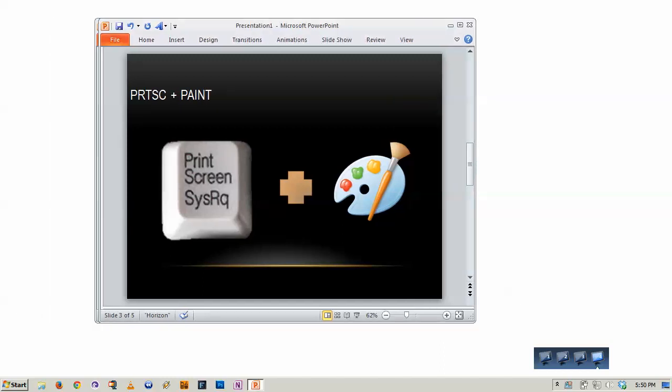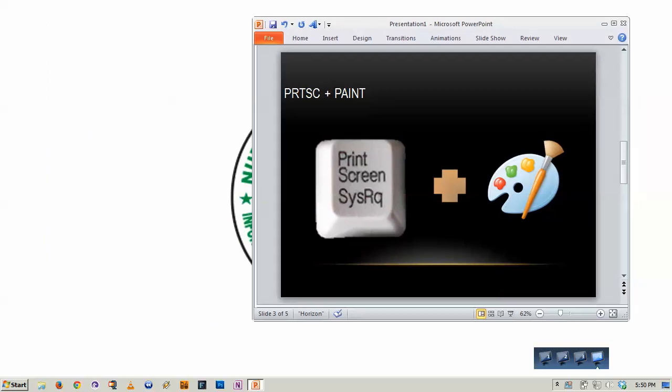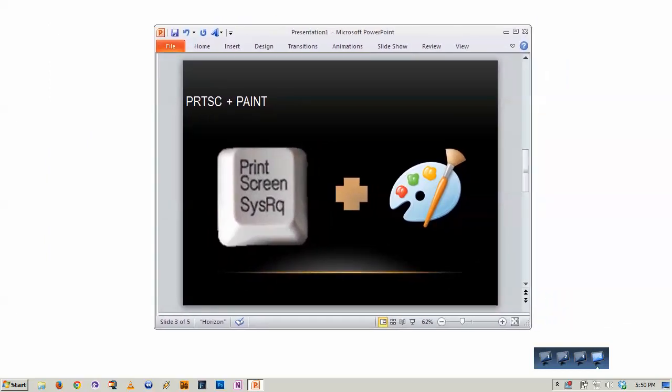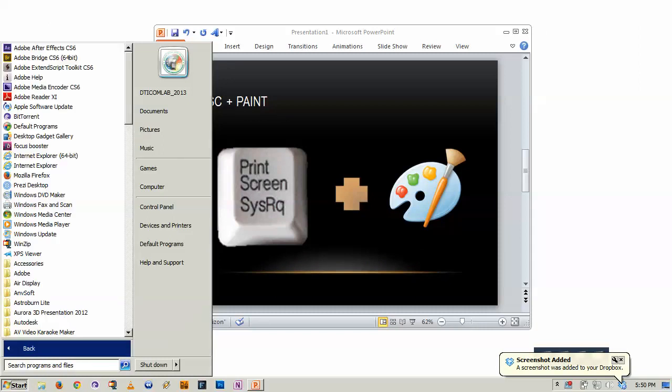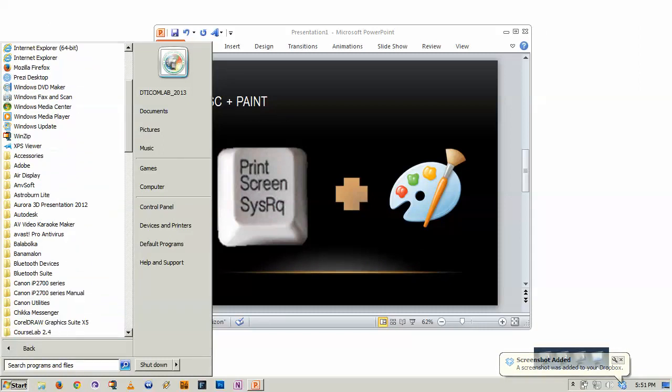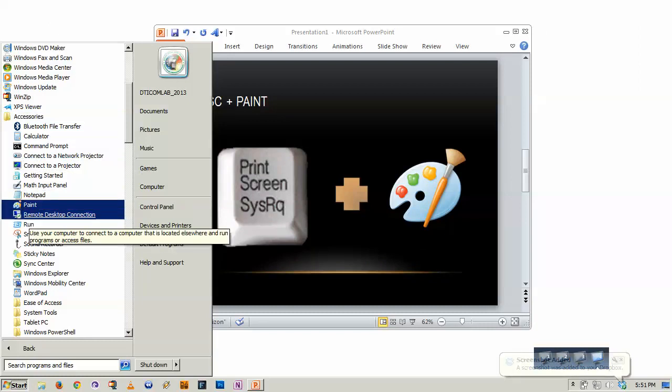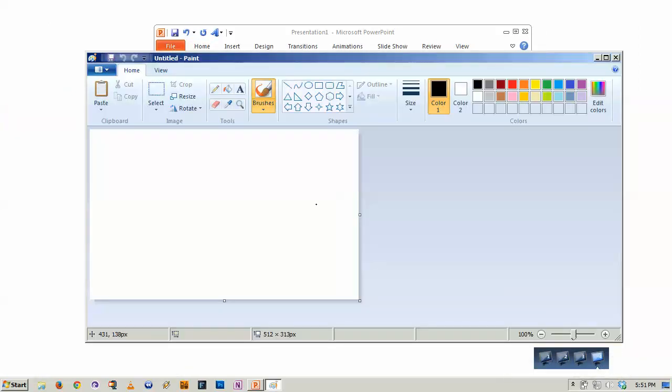So for example, this is our window. Let's have a print screen. So I'm just clicking it. I'll be opening the Paint from the accessories folder. Just open it, and the next thing you have to do is to paste what you have copied on the clipboard.